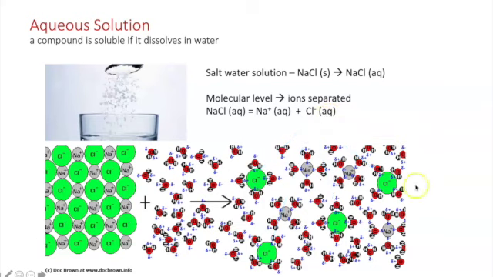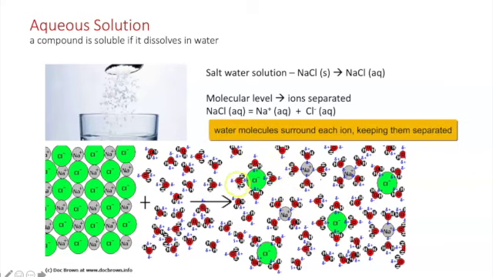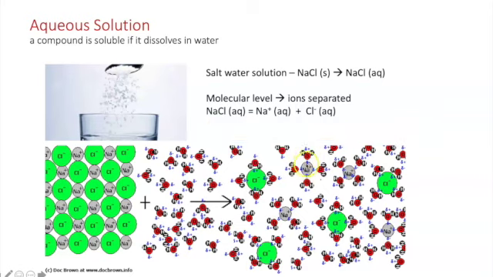What's shown in this molecular view are the interactions of the water molecules with the ions. And one thing to notice is that the hydrogens of H2O are closer to the chloride compared to the oxygens of H2O, which are closer to the sodium. So this is positive to negative interactions, and positive to negative interactions are indicated